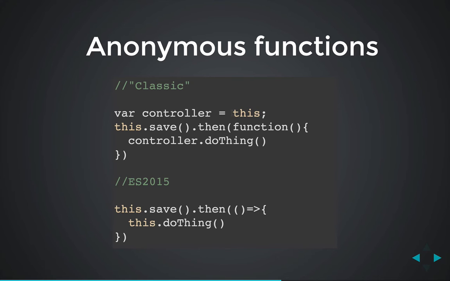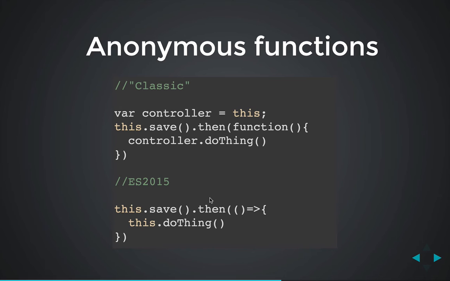So here, in order to get this of the outside scope, we have to assign it to controller. If we just did this.doThing, then this would not have the scope of the Ember object surrounding it. It would be a new scope, one that did not have the doThing function. With the fat arrow, it preserves that scope, so we can call this.doThing without having to assign it before